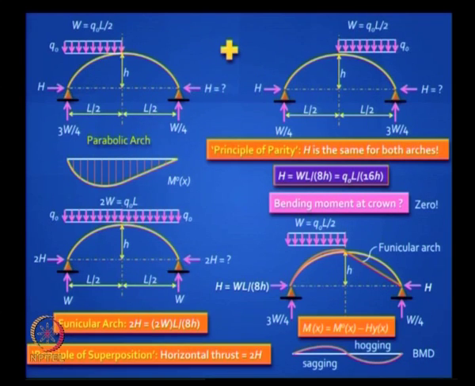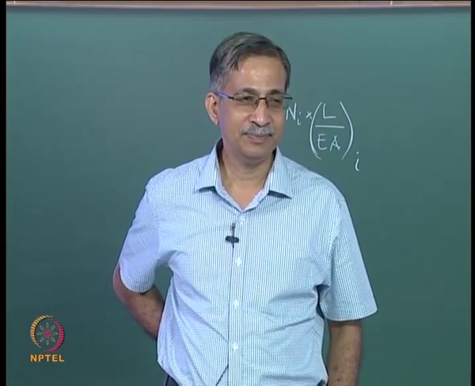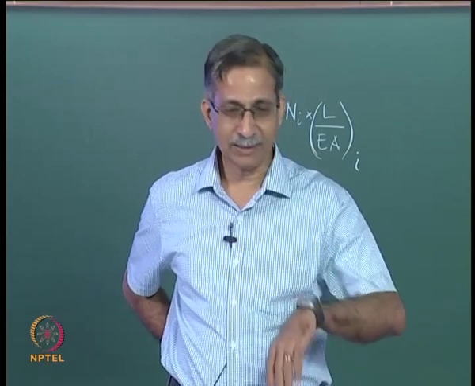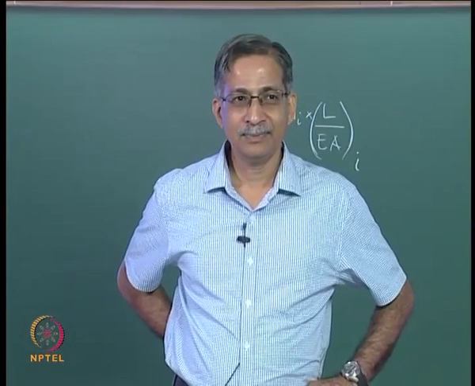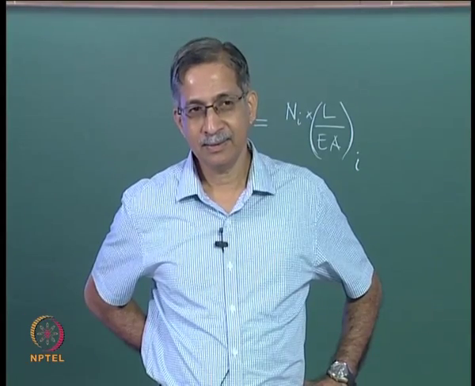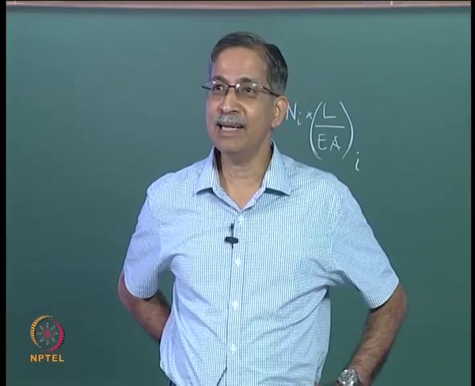Can you explain why the bending moments in the left half of the arch will be sagging and those in the right half will be hogging? Any sound argument? Sir, if we consider the loads on the left side, then it would be sagging. At the same time, if we consider the right side, it would be sagging. This is not possible at the same time. That's right. That's the reason why the moment at the crown is 0.